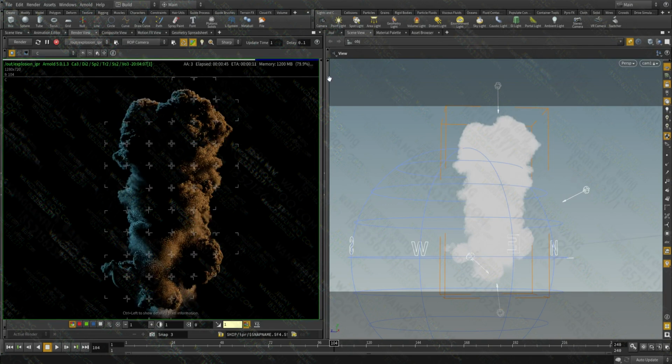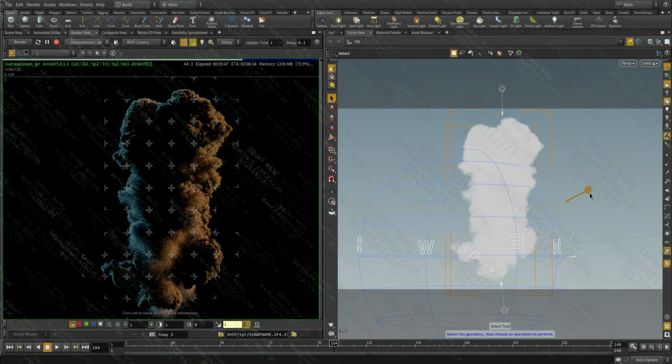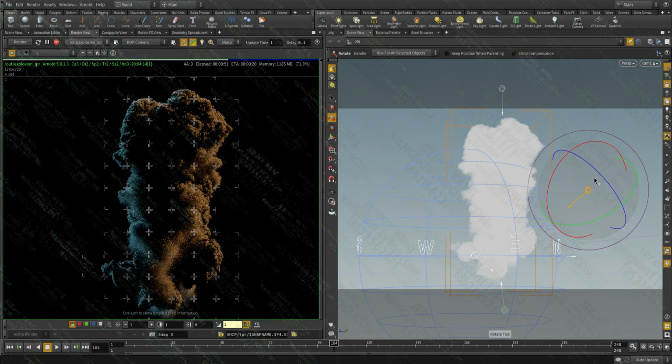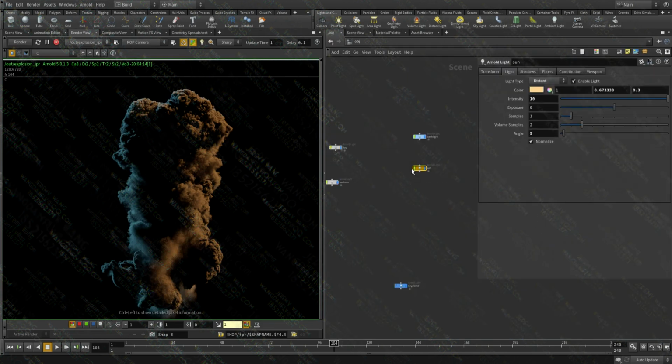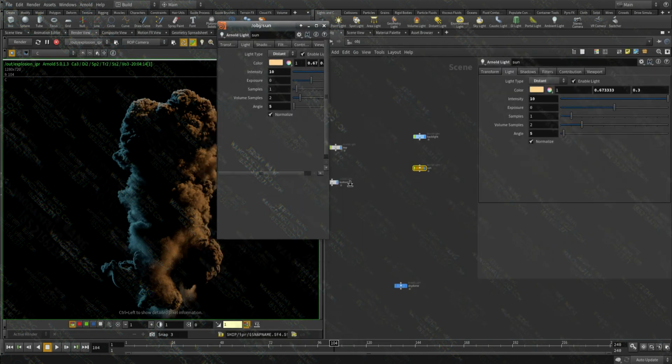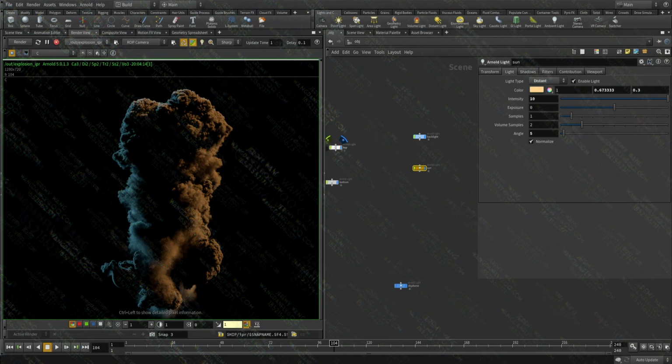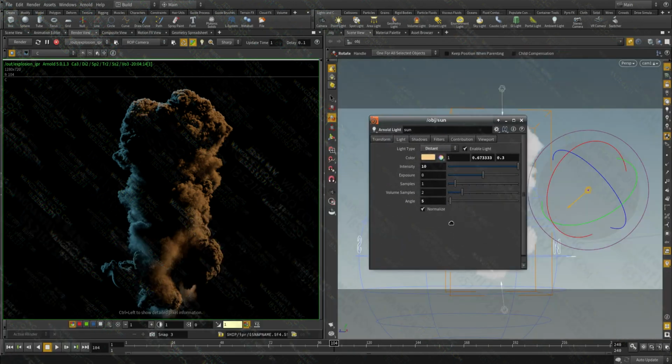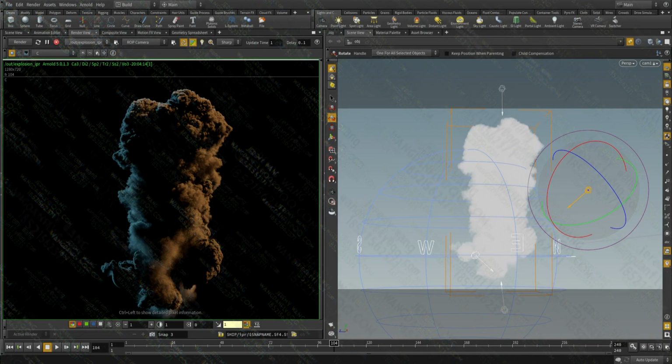I don't need any viewing here. And let's increase the intensity of this as well. So I'm going to have them all on the side, and we'll bring the UI whenever we need it.